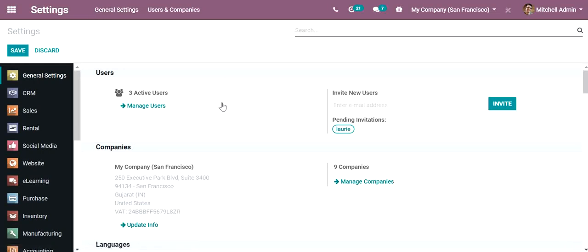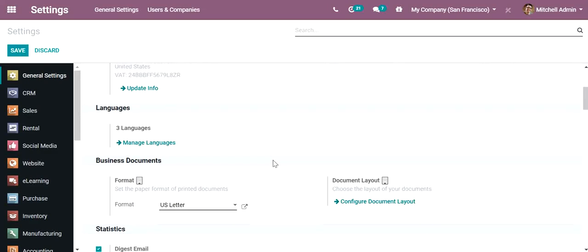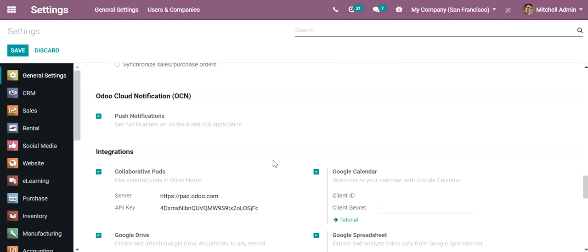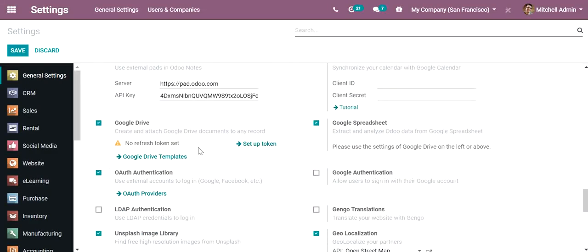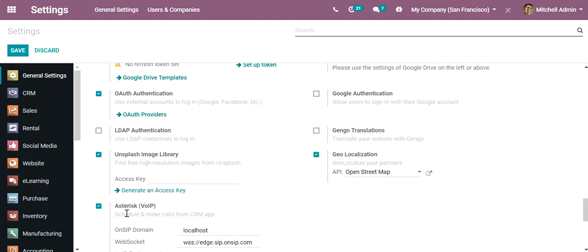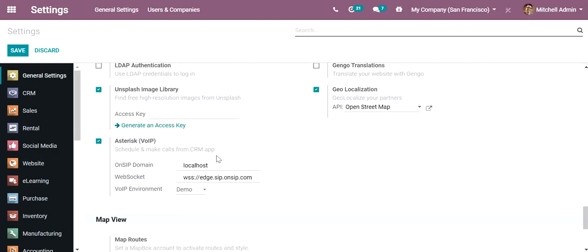Let the page load. Settings, general settings, then integrations. In integrations there is a section Asterisk VoIP. So here we need to enter the details.